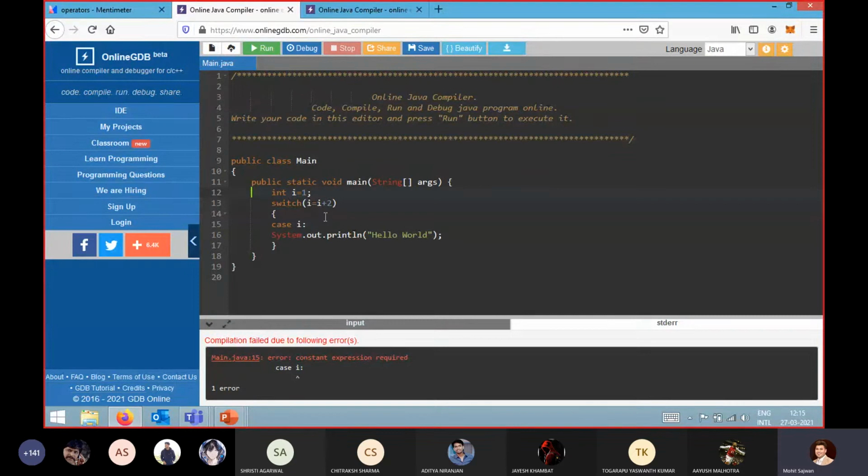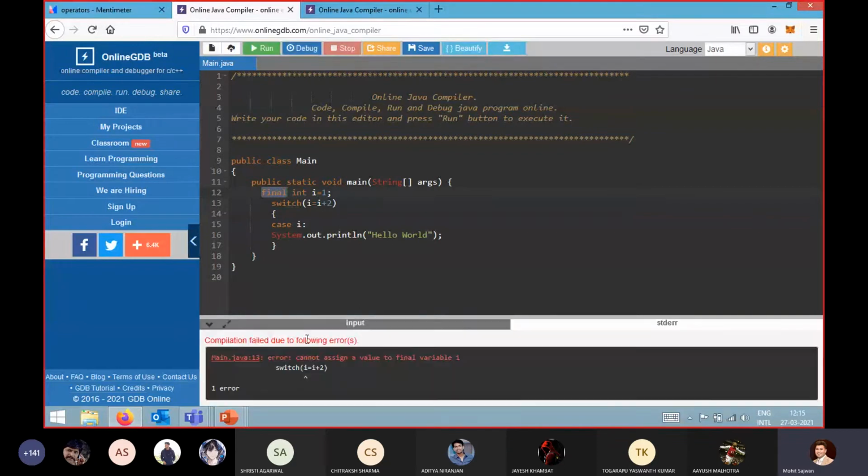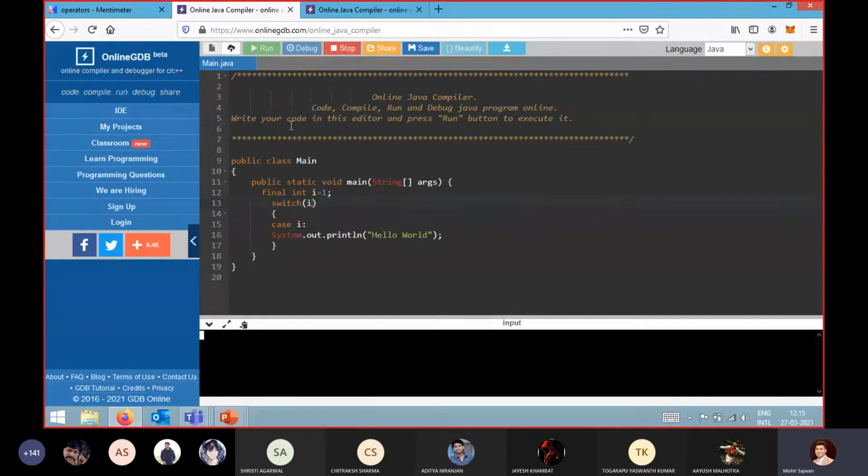So that is why if I write final over there, which I have told you before, in order to make a constant value, what we generally use is the final keyword. Okay. So now if I execute this code, see the output which I will get. Let's see what is happening. Why was I getting an error? Because I told you earlier that we cannot modify the value of i. So now if I execute it, I will get the output.